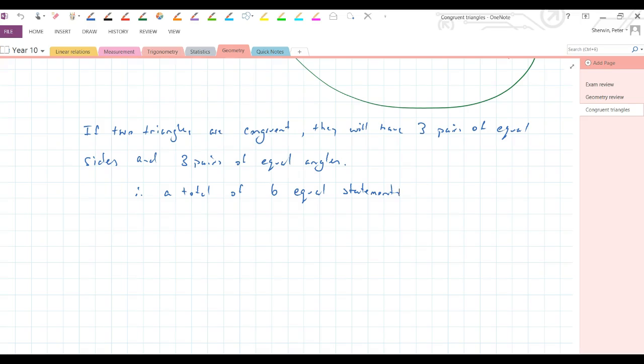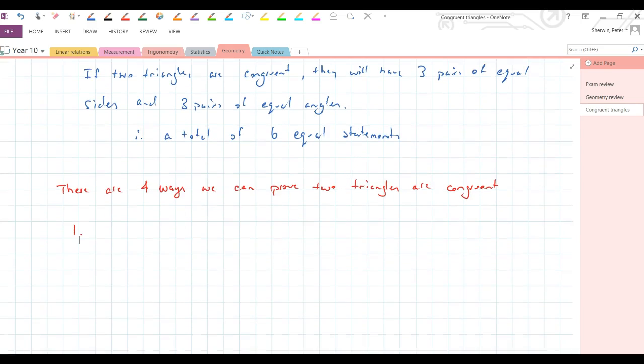SAS, AAS, sorry, there's 4. I've missed one, AAS. Okay, so there are four ways we can prove two triangles are congruent. Exactly the same in every way. There are 4 ways. Right, let's go through them. One